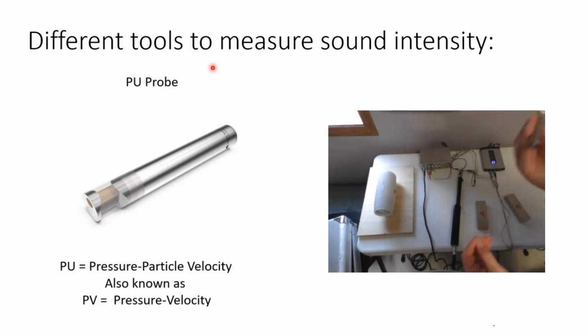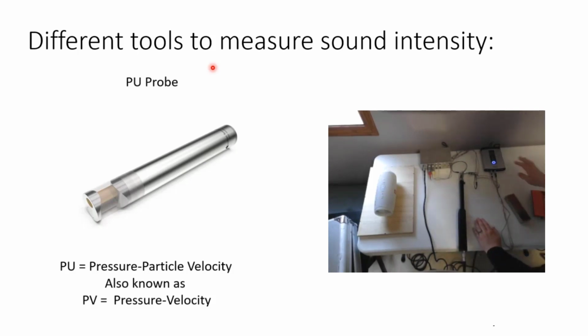So this probe's pretty simple. It plugs right into a BNC. And while I'm down here, I'll show you some of this setup. Right now I've got a Scadas XS unit connected to the two different types of probes. One of them is going to the signal conditioner for the PU probe. If I turn that on, it's got two channels, you'll notice. One is for the microphone element, and one is for the particle velocity measurement element.